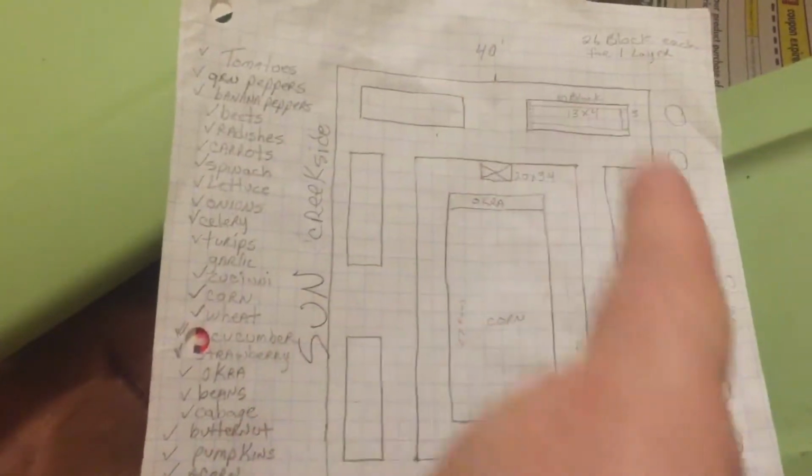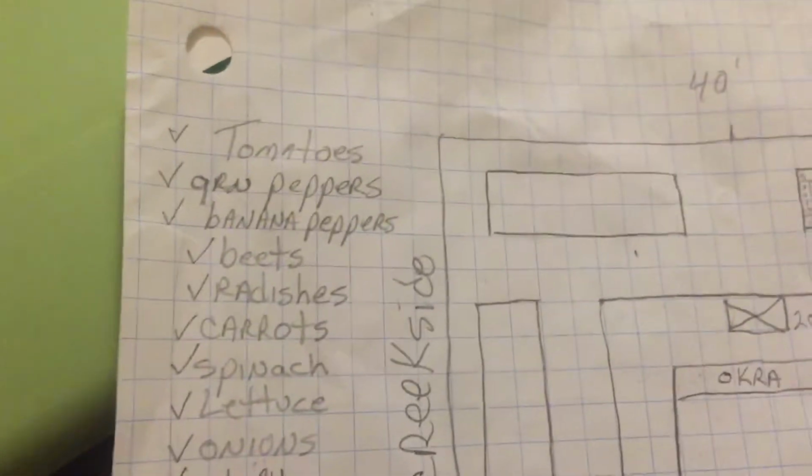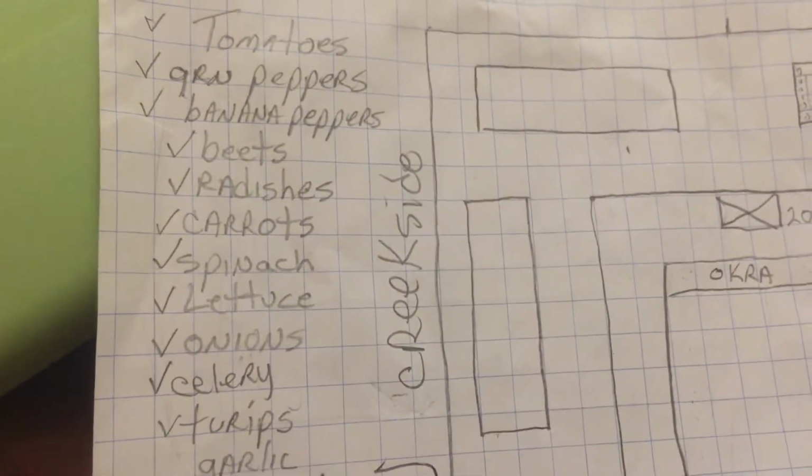Well, I still don't know what we're going to put in all of these. It's going to be a little bit of everything. But this is what we've decided that we're going to do. We're going to do tomatoes, green peppers, banana peppers, hot and mild, beets, radishes,